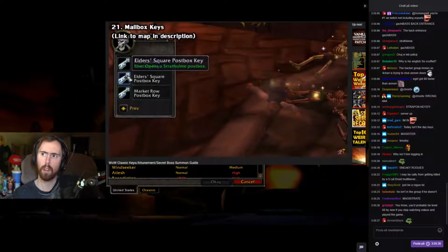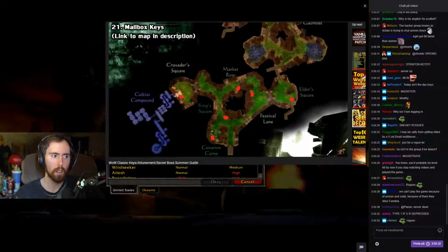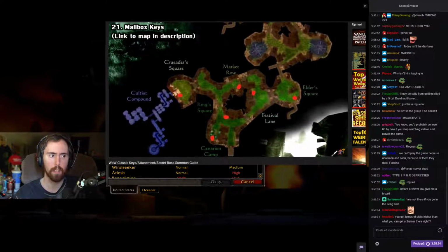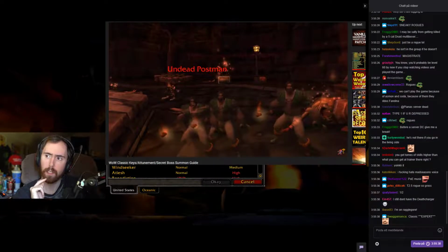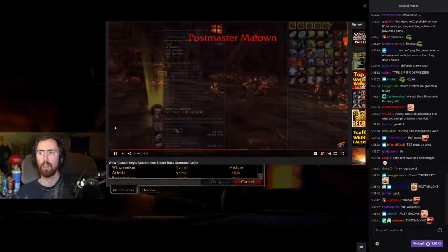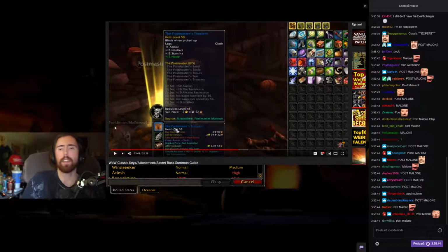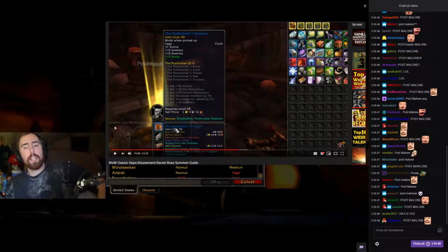Okay. And also in Stratholme, we have the mailbox keys. At these locations in the dungeon, you'll find these locked mailboxes, and each one you open spawns undead mailmen to fight you, and upon opening the third one, you get a boss called the Postmaster Malone, who drops some extra goodies, including...